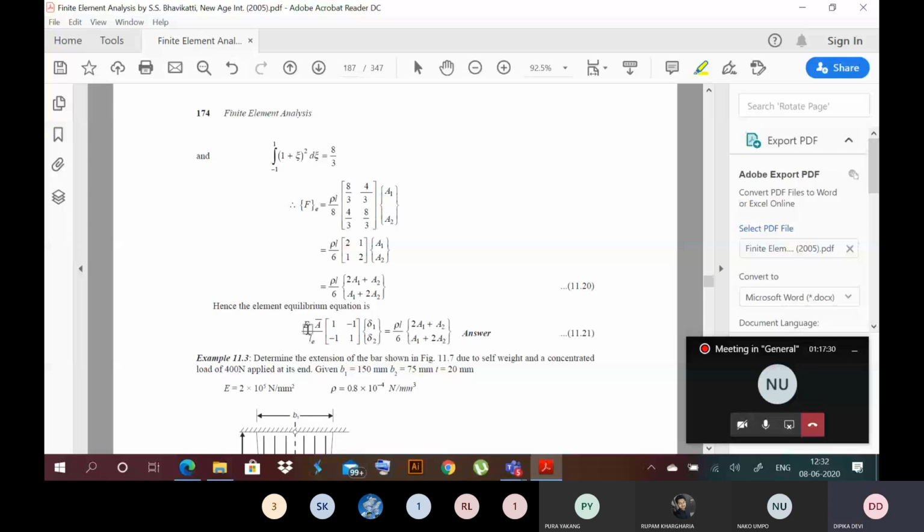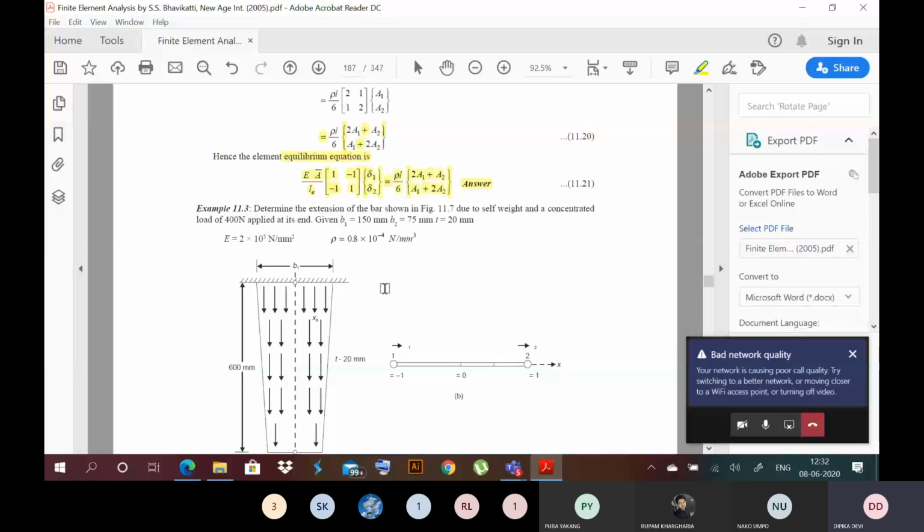If you remember this equation for the consistent body force vector, you can directly use this formula to solve this type of problem. Here it is the same, only thing is you are given the values and asked to solve the problem. You have been given the value of B1, B2, point load, body force, and thickness. Put everything in these equations and you will get the body force vector. So you can solve it.